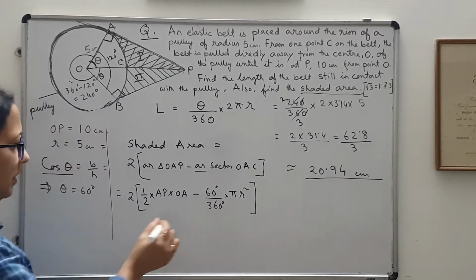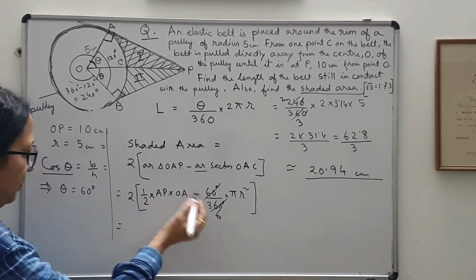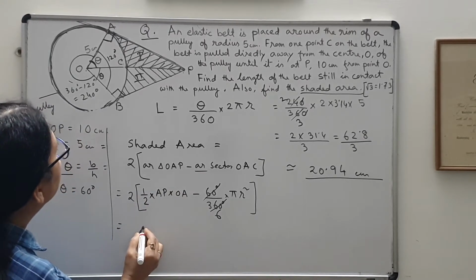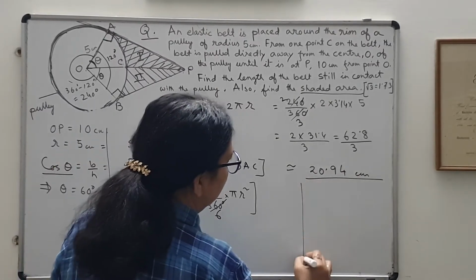In this way we write. So this will go 6. Now you see, the total is getting cancelled. AP is your AP. Is it given? No, it is not given. So I have to find out AP here first.